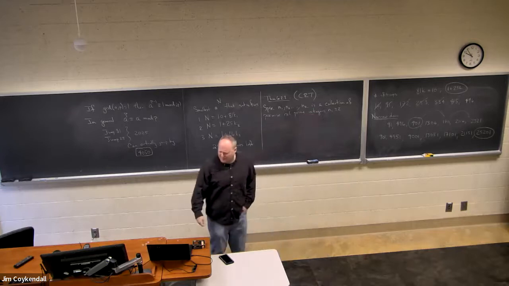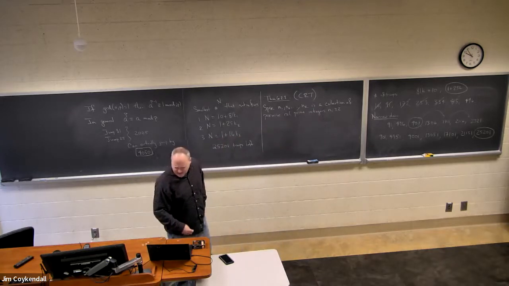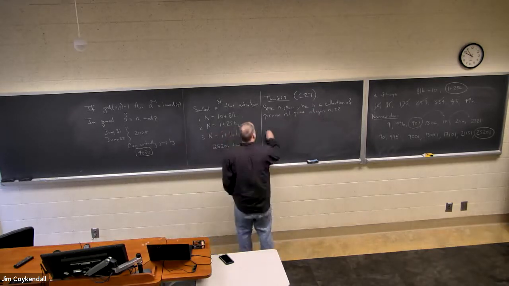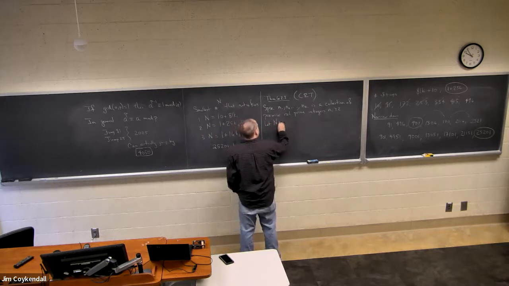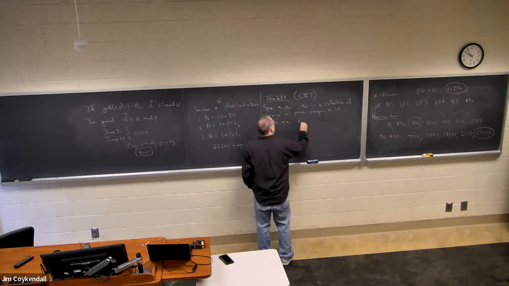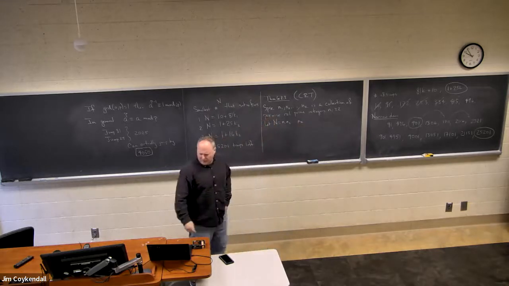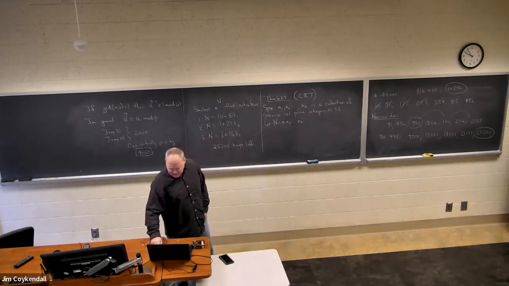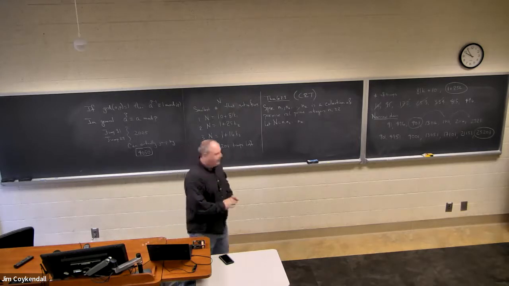No more 1s there, it'd be kind of silly. And let capital N be the product. So N is what you get when you multiply all these out. Then the system of congruences,